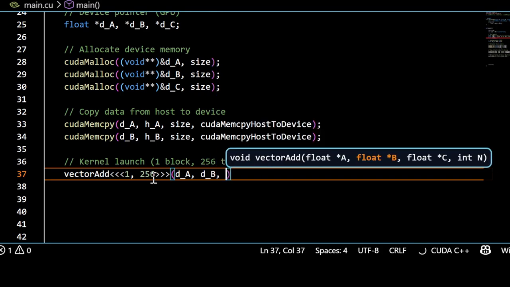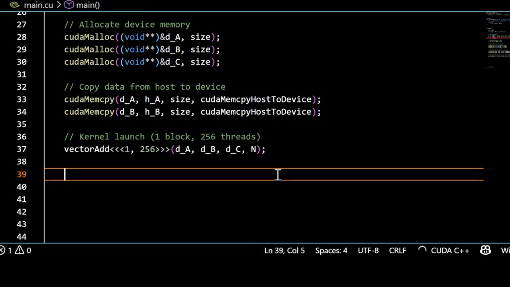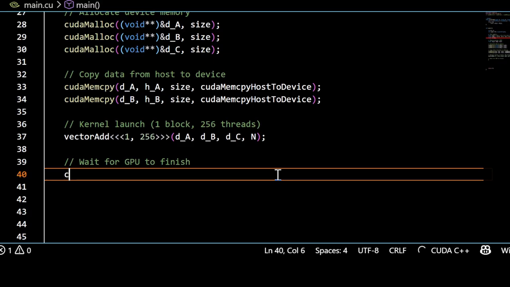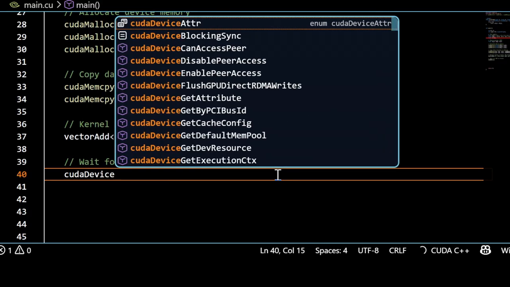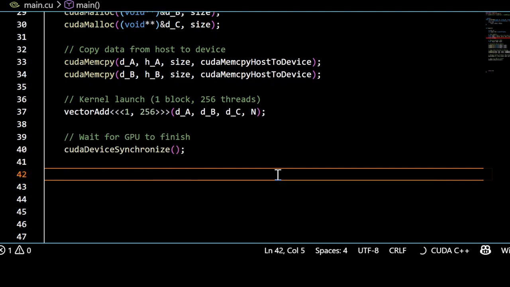These are the device array addresses, so that this kernel will work on the data that is copied into the device. Now you wait for the execution to finish with CUDA device synchronize,